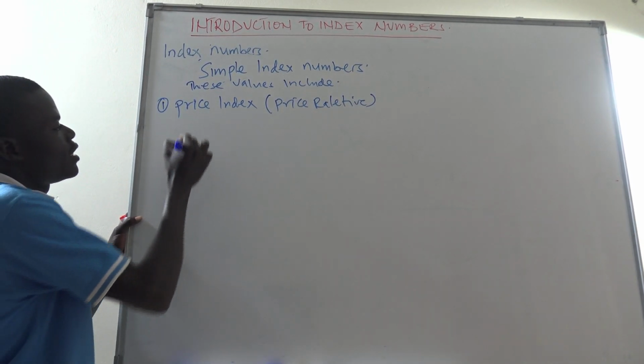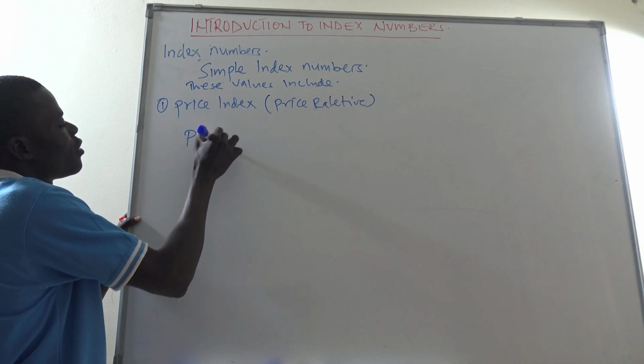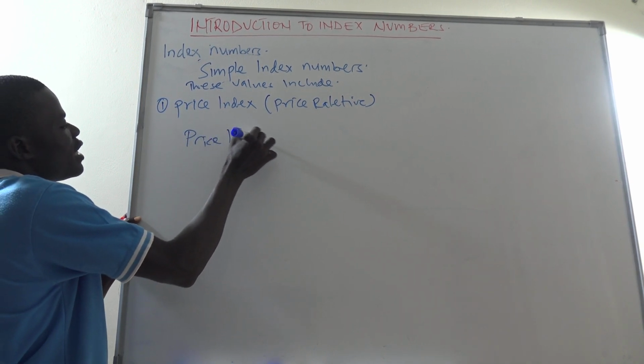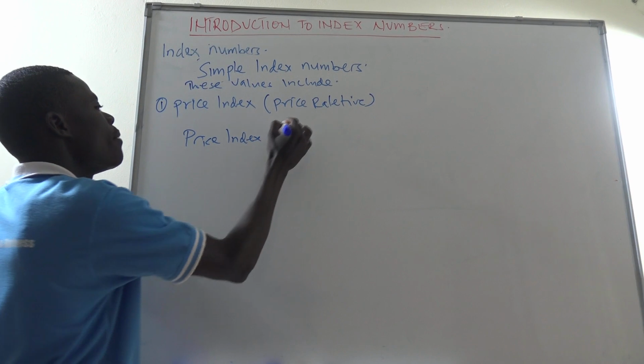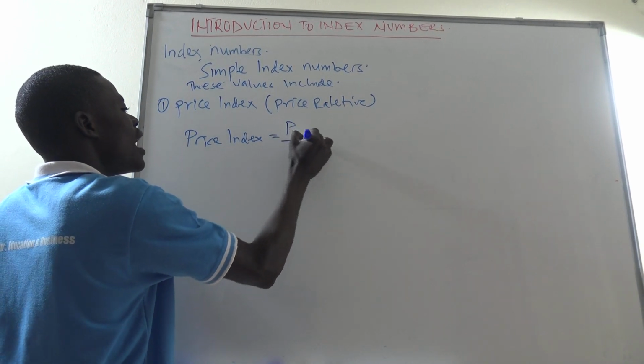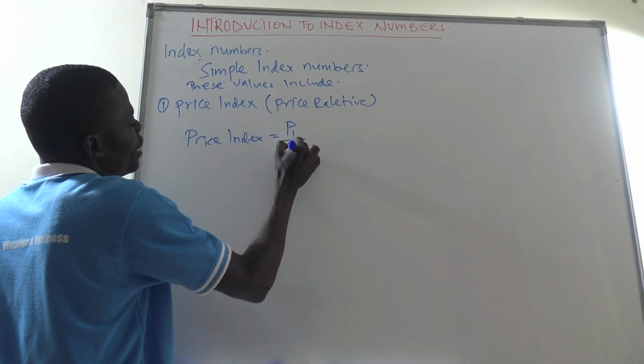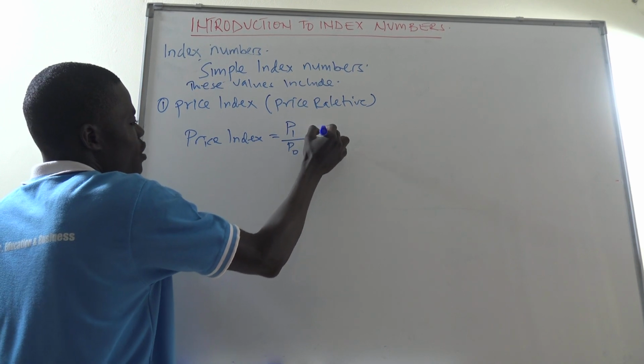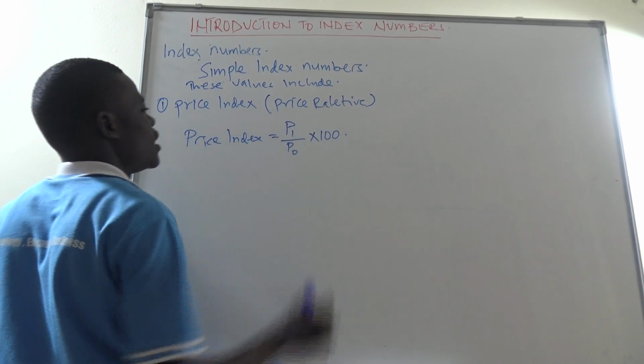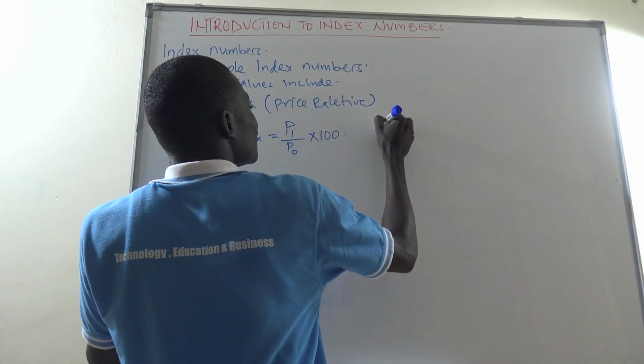Price index or price relative is defined by P1 out of P0 times 100,